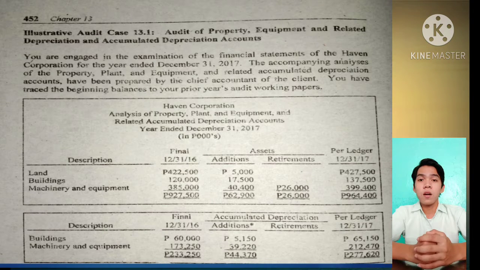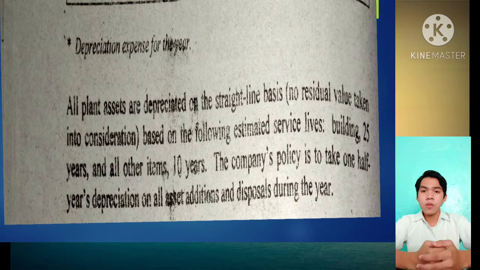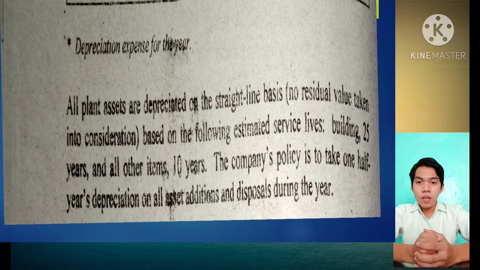So these are their descriptions, their amounts, and their corresponding balances. In examining, let's consider the following. First, all plant assets are depreciated on a straight line basis with no residual value, and the estimated service life of a building is only 25 years and 10 years for all other items. Let's also take note that the company's policy is to take 1.5 years of depreciation on all asset additions and